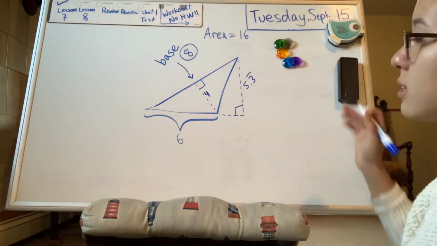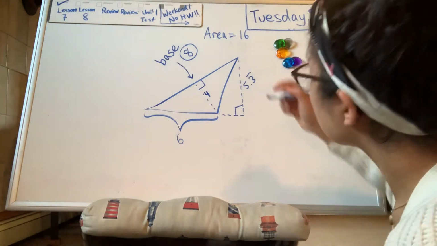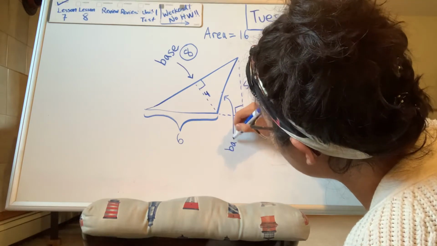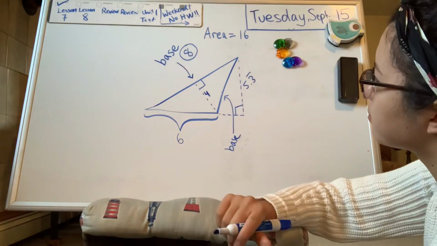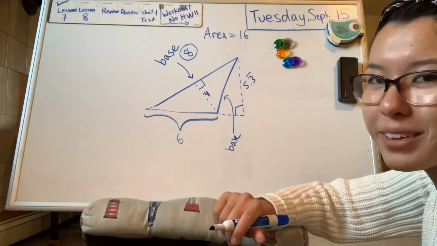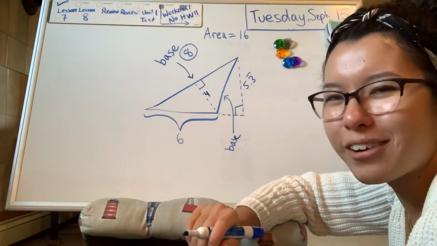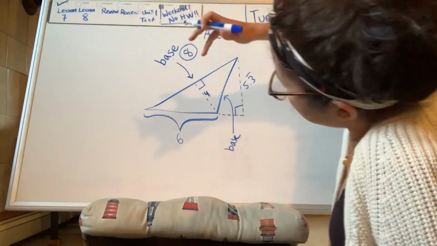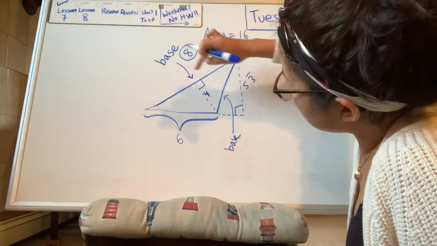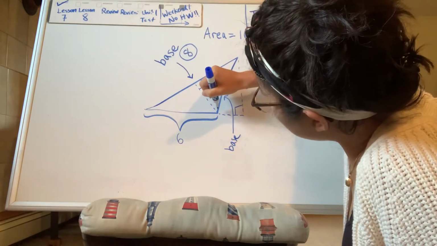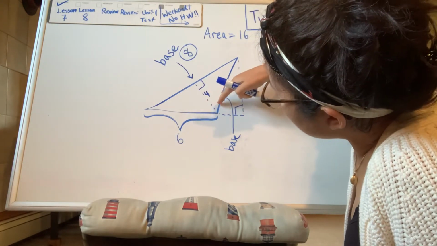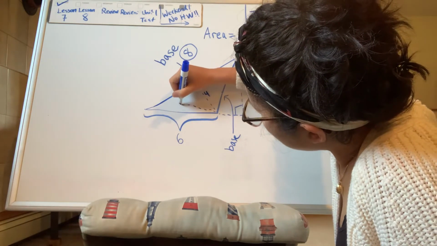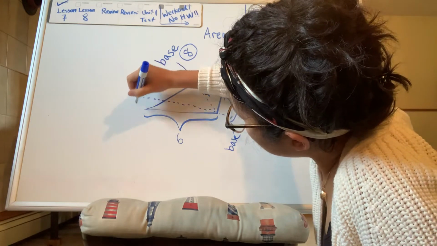Okay, let's label the last base and height. If this is our base, where is the height? Well, this is like Dora the Explorer. I'm just waiting for you to answer the video. I'm going to have to draw a perpendicular line which reaches from my base to the top. Okay, let's start drawing perpendicular over here. So this kind of looks like a right angle, but it's not. So what I'm going to do is draw my line all the way until it reaches